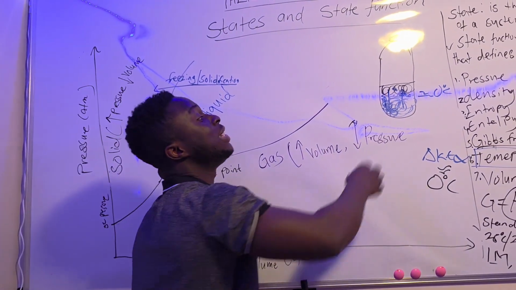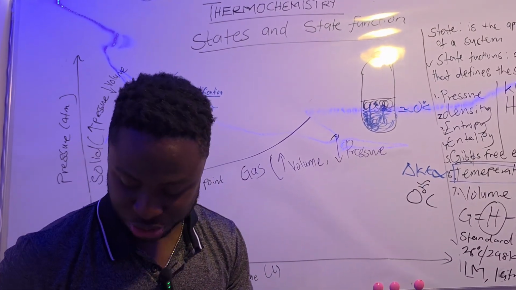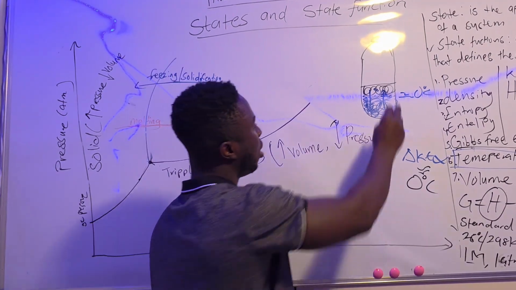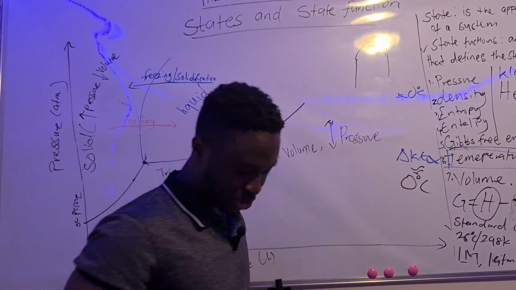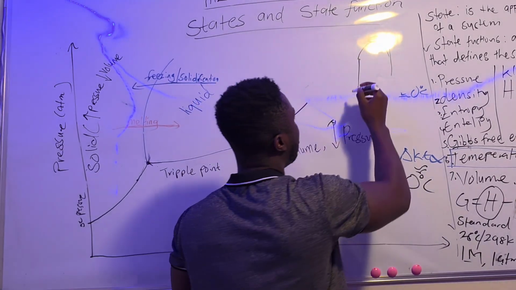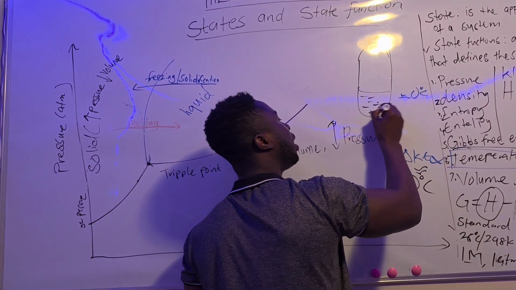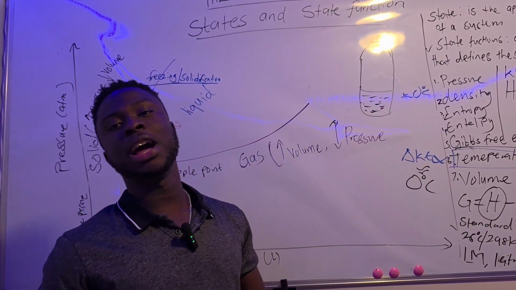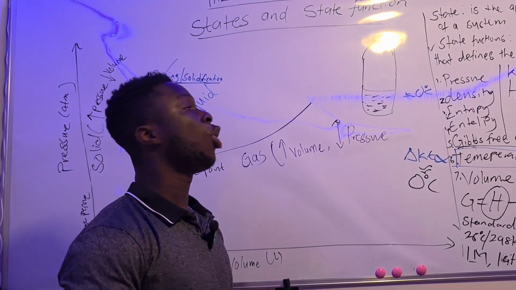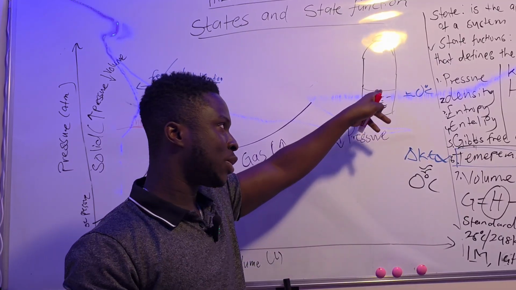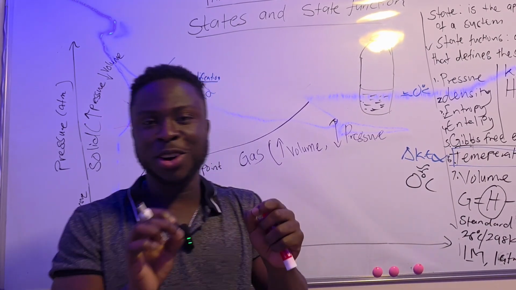Let's move on to the same water bottle, but this time it is not in the refrigerator. So I will erase it, and my water bottle is not in a refrigerator. First, we just start with a regular bottle of water over here. Now, in a regular bottle of water that is sitting at room temperature, which is the standard room temperature of 25 degrees Celsius or 298 Kelvin, this water over here, right, on the surface of this water,